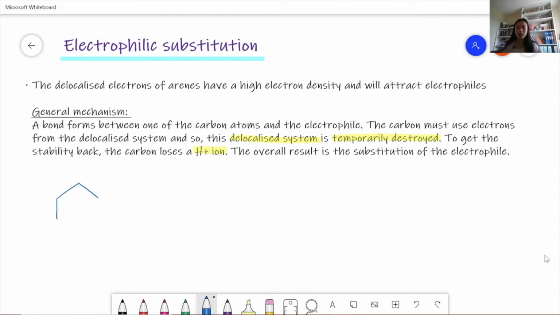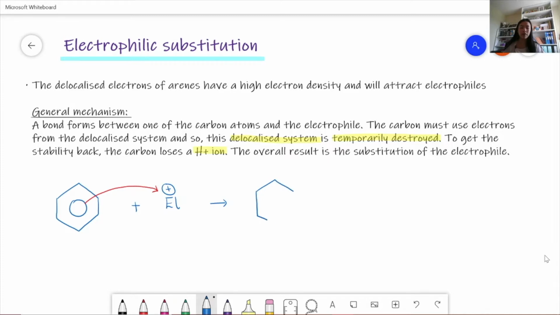So this is the structure of benzene, and then I'm going to add an electrophile. So electrophiles will normally be positively charged because they've got that vacancy for a pair of electrons. And then what happens is that because we've got a high electron density in the middle of this benzene due to the delocalization of electrons, they are attracted to this electrophile. And so a bond forms between one of the carbons of benzene and the electrophile. So what we get